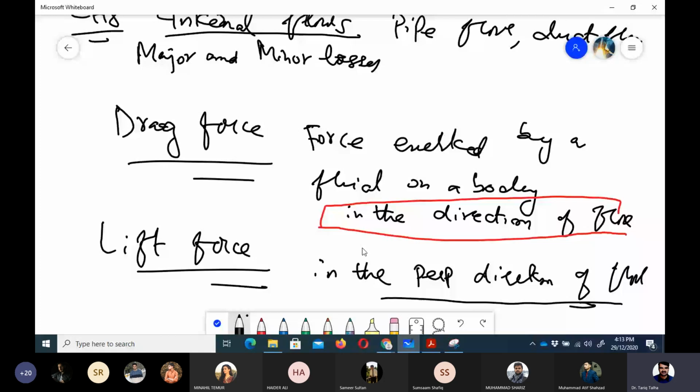लिफ्ट फोर्स में क्या होता है कि जो डाउन साइड होती है ऑब्जेक्ट की, वहां पे हाई प्रेशर होता है, और जो अप साइड होती है उस पे लो प्रेशर होता है। तो ये जो डिफरेंस इन प्रेशर होता है, this gives rise to an upward force which is called the lift force. Okay, now in drag force